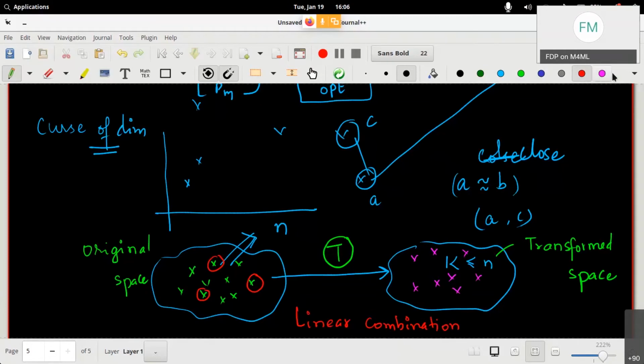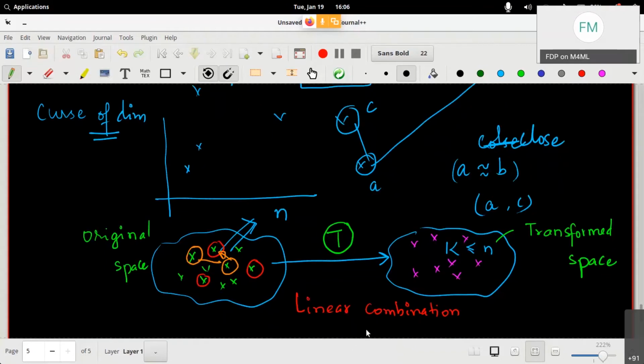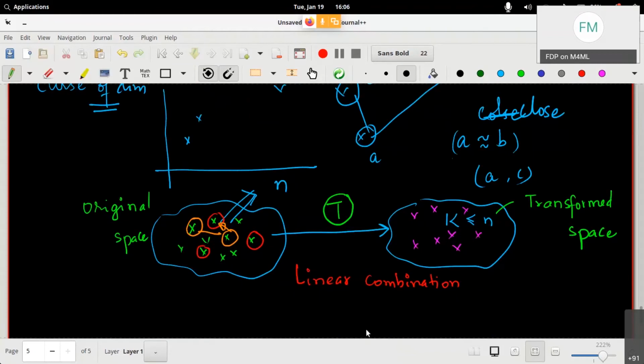In essence, what I'm trying to say is that if you take this guy and this guy, do some kind of scalar multiple and then add these two up, you will end up here. Correct? So this linear transformation would help us do some kind of reduction in the dimensions,